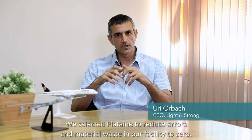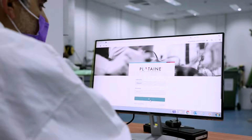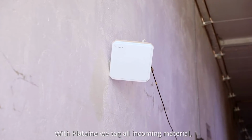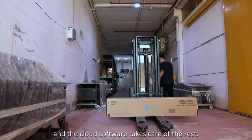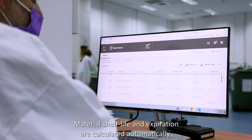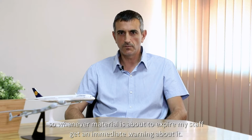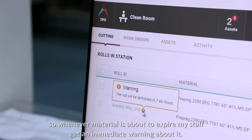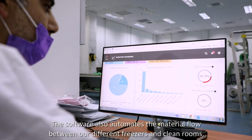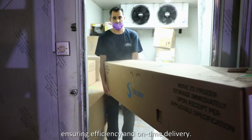We selected Plataine to reduce errors and material waste in our facility to zero. With Plataine, we tag all incoming materials, and the cloud software takes care of the rest. Material shelf life and expiration are calculated automatically, so whenever a material is about to expire, my staff get an immediate warning about it. The software also automates the material flow between our different freezers and clean rooms, ensuring efficiency